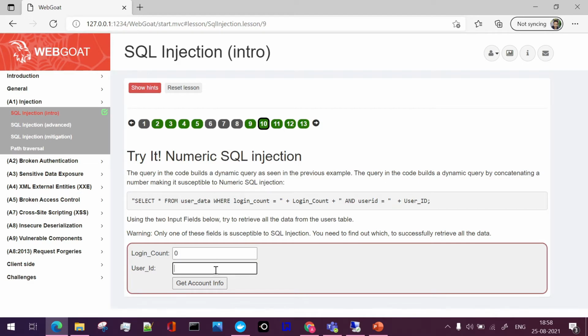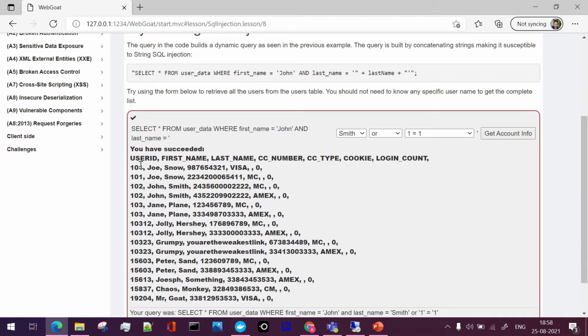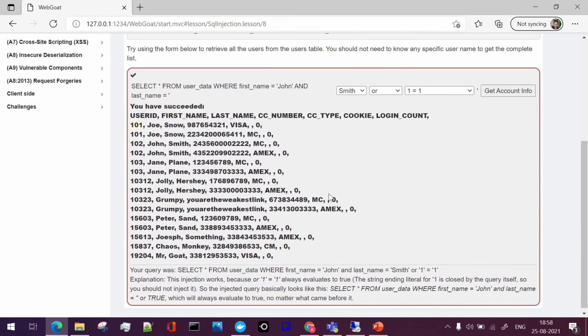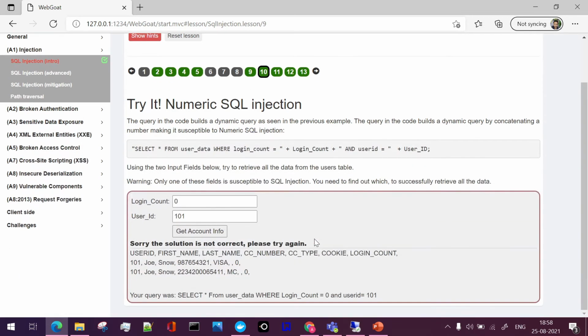Here I just need to retrieve all the data, so I'll take user ID as 101. I'll copy this, and here also we'll pass 101 and get the account details. For user ID 101 and login count 0, we have got these two values. Also the query, as we can see here, is this one.